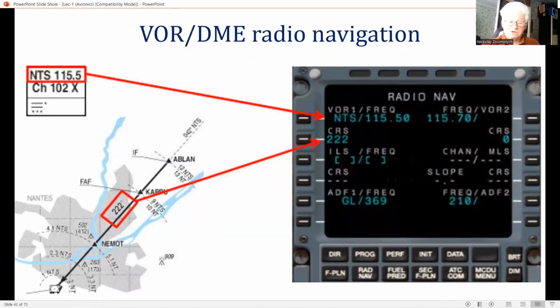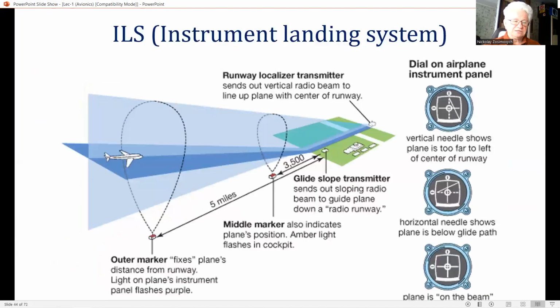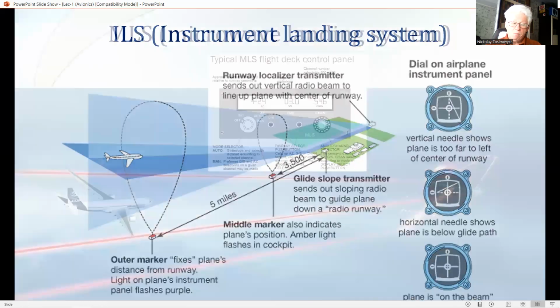There are also radio navigation aids such as VOR or DME, TACAN, which provides the range and bearing (R, theta) of the aircraft from ground beacon transmitters, located to provide coverage of the main air routes. Approach guidance to the airfield or airport in conditions of poor visibility is provided by the ILS instrument landing system, or by later